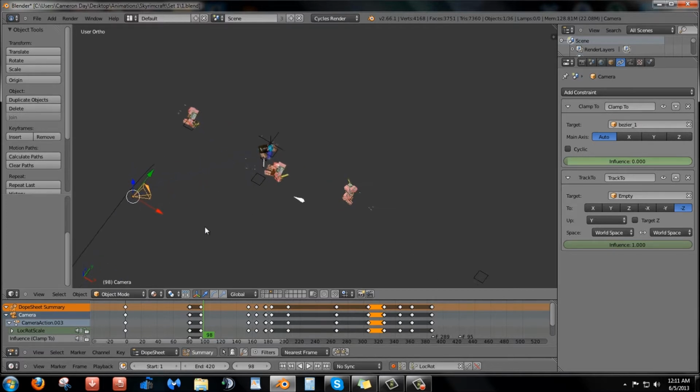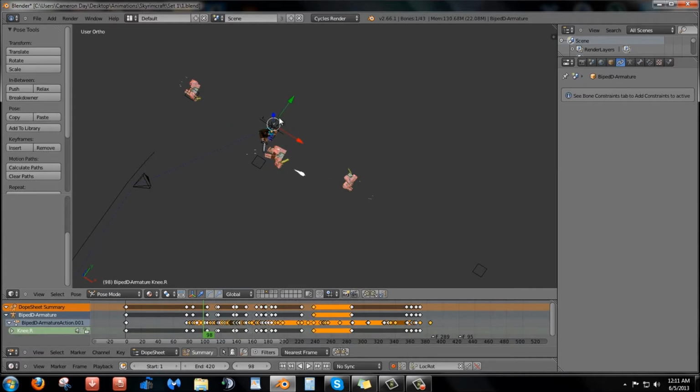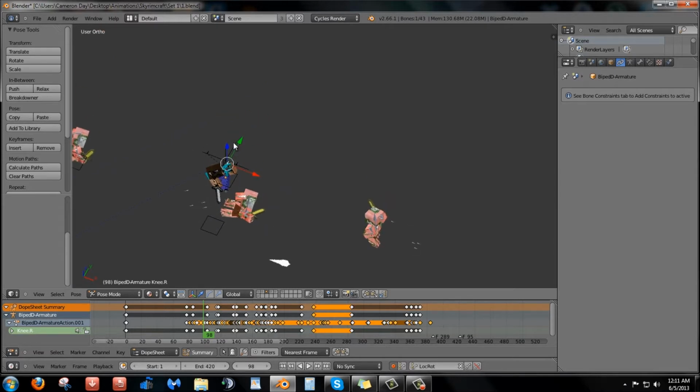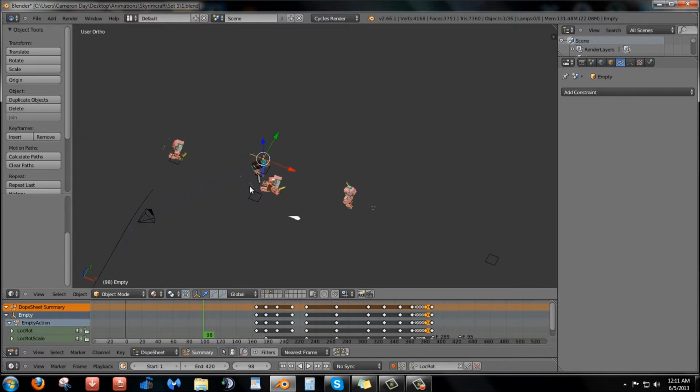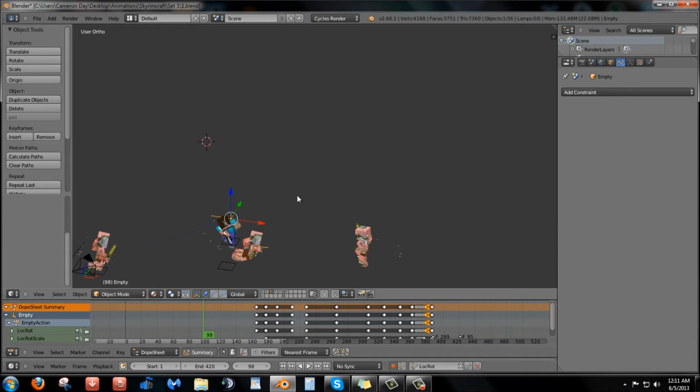And the camera rotates on this empty right here. This thing definitely makes it easier to put a focus on the camera and have it focus on one point. It really makes things so much easier. So that's basically how I did that.